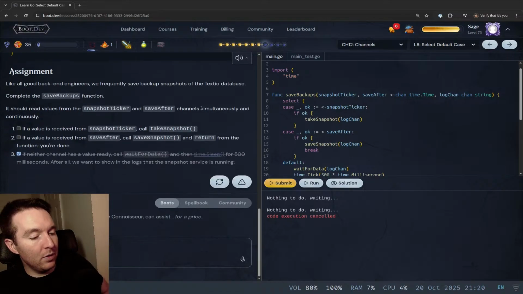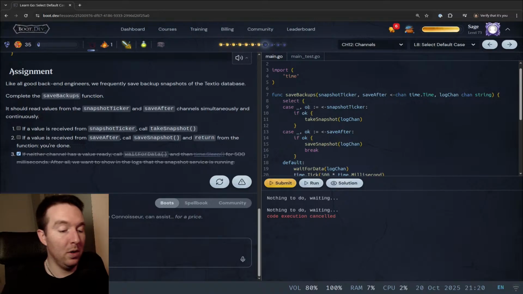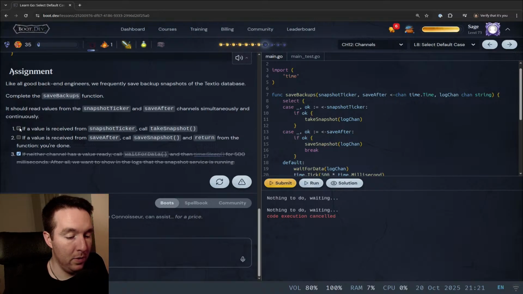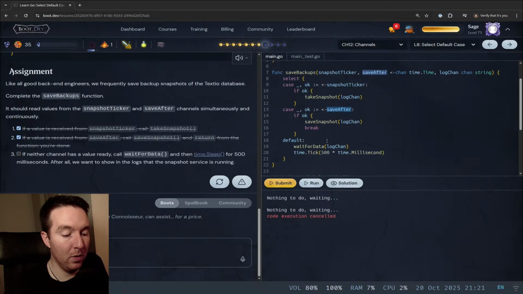Read only. Okay, so if a value is received from snapshotTicker, do that, takeSnapshot. If a value is received from saveAfter, call saveSnapshot and return from the function, you're done. If neither channel has a value,